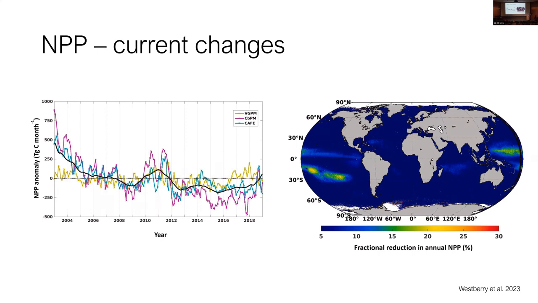And that decline is even greater, particularly in the subtropical gyres, like the North and South Pacific subtropical gyres. So we've already seen this decline,